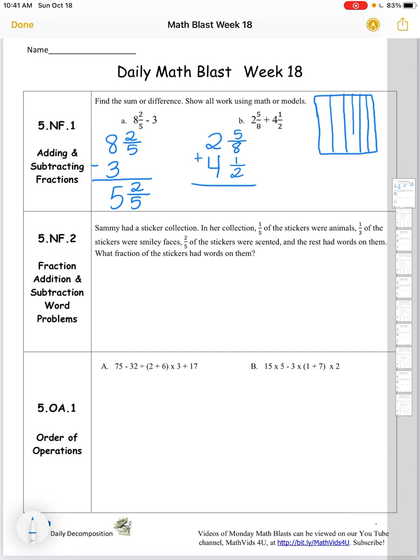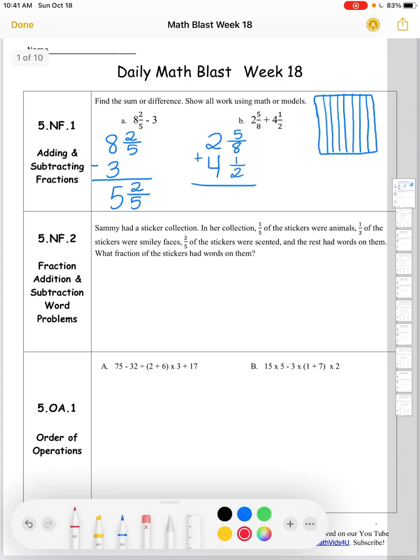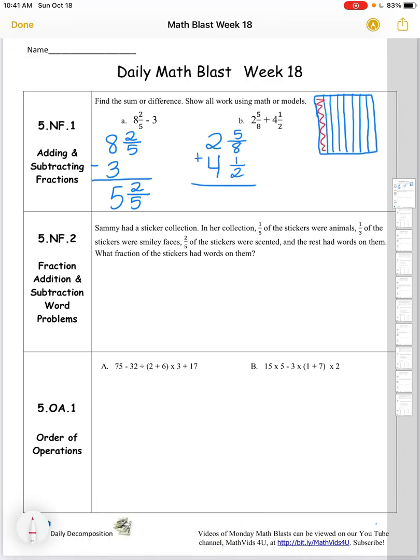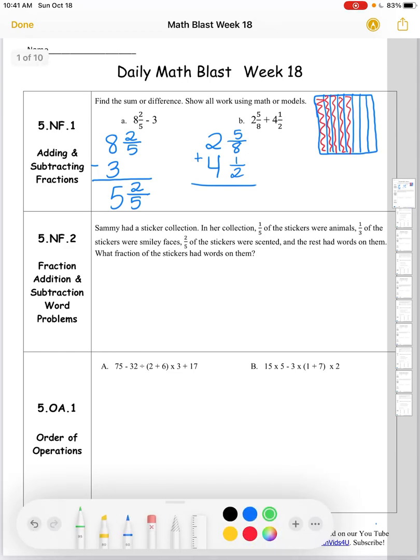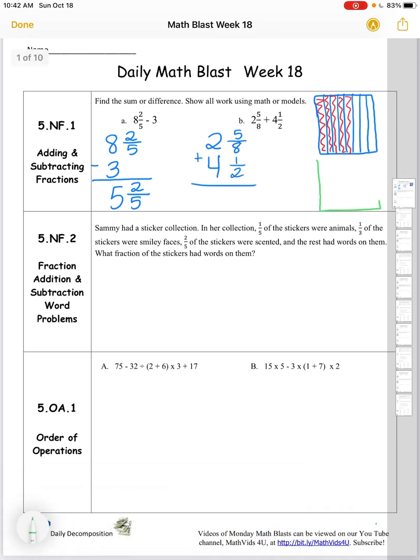So as best as I can, I'll make 8 equal parts. And now I want to shade in 5 of those 8 equal parts. And I've modeled 5/8. Now, I'm going to, in a bottom area model here,